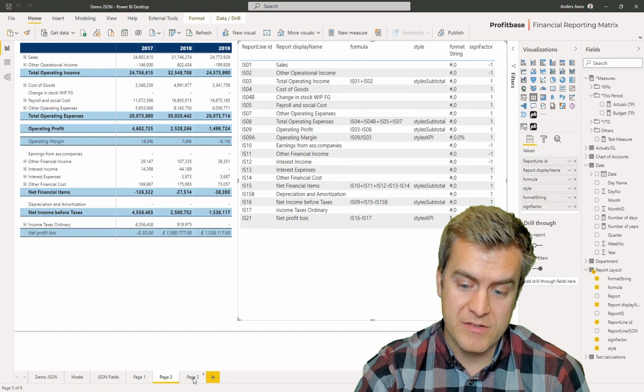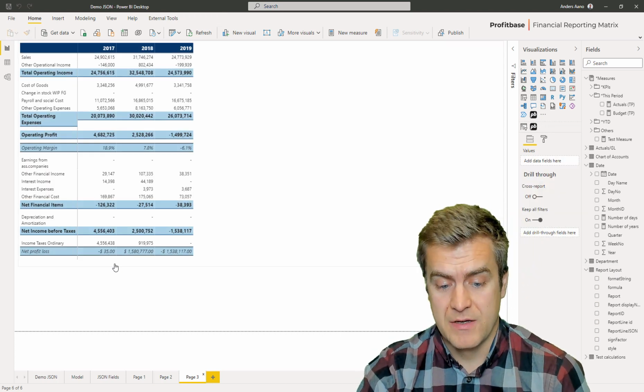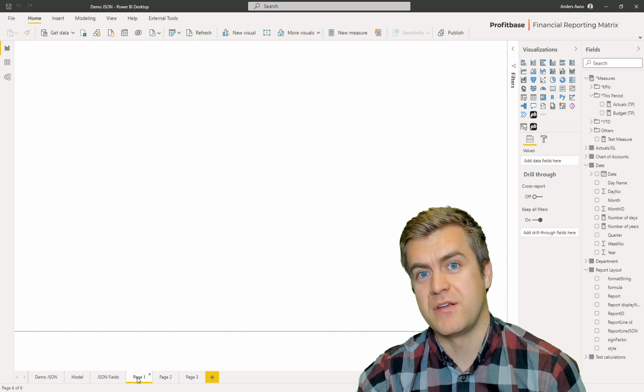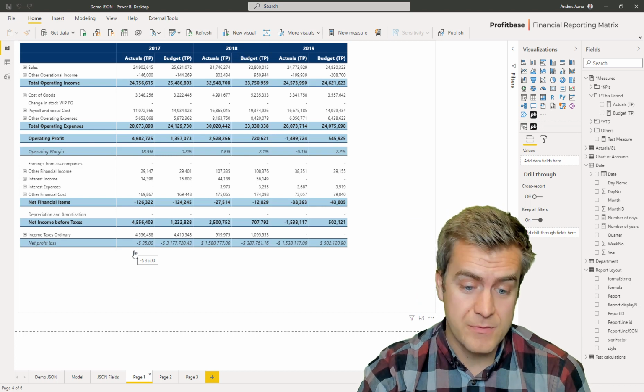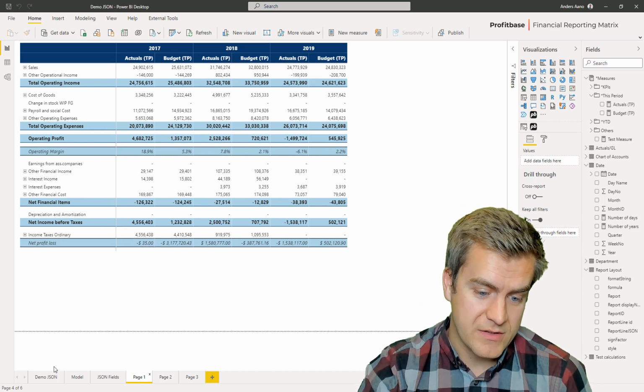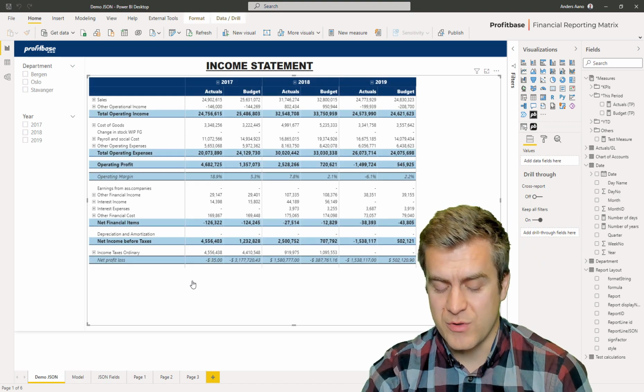So if I go back to page 3 that I just made, you see the same change here. If I go to page 1, which I made in the first part of this video, this changes here as well. If I go to the demo, which is the one I wanted to remake, you can see the same change here. So as you can see, this is a very easy way to create an income statement, and you can